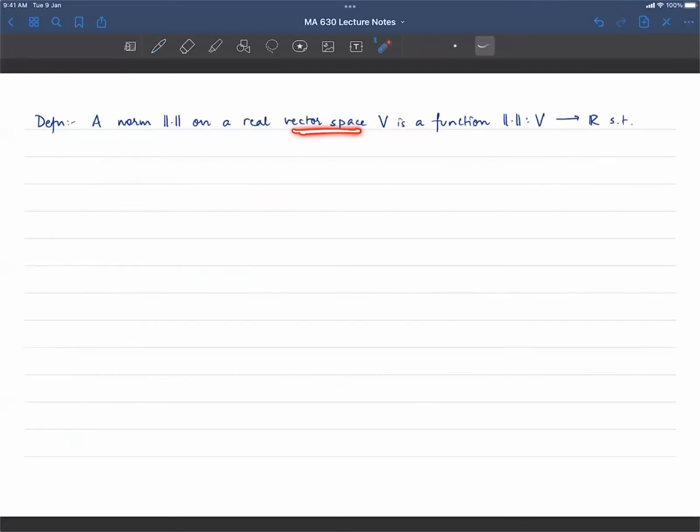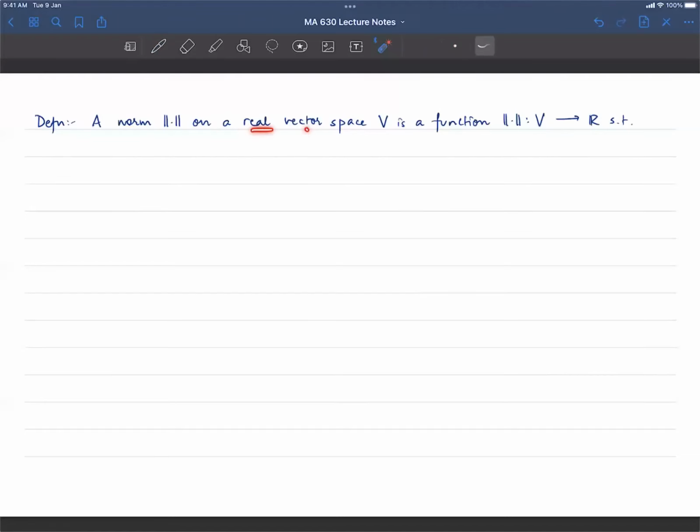Suppose I have a vector space and it's a real vector space. Remember, in a vector space, you have objects called vectors which you can add, and you can multiply vectors by numbers. In some cases, it is helpful to allow these numbers to be complex numbers. In some other cases, you allow the numbers to be real numbers. If you're insisting that the numbers you're using for multiplication are real numbers, then you have a real vector space. Now, what is a norm? A norm is just a notion of length.